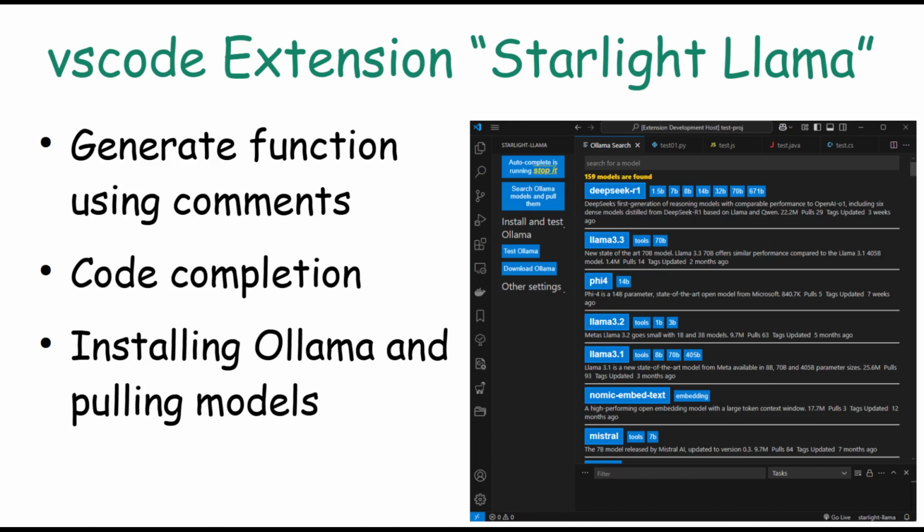Hello everyone, in this video I'm going to show you a small extension which I wrote for VS Code. This extension uses Ollama and it can do code completion and it can write functions to help you with coding. This is still a basic extension, so maybe you will be able to find other extensions which do a better job than this. However, what I tried to do in this extension is to make the installation as easy as